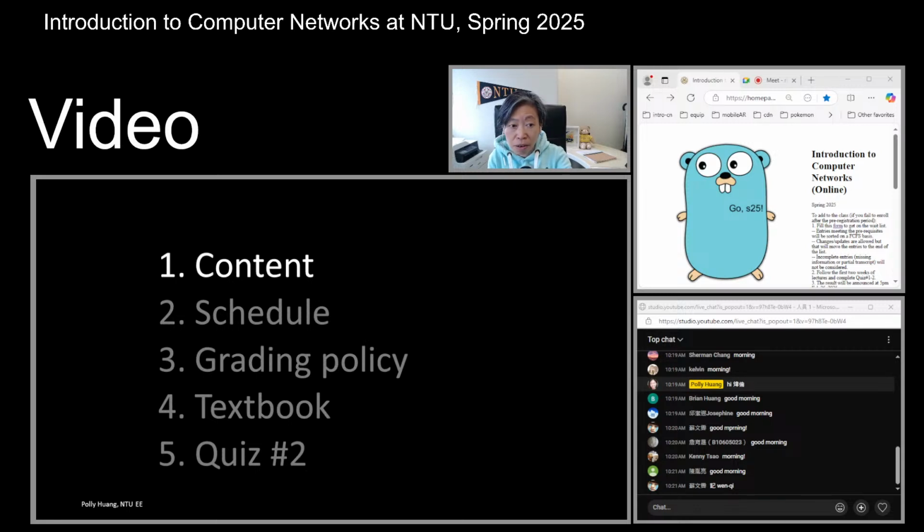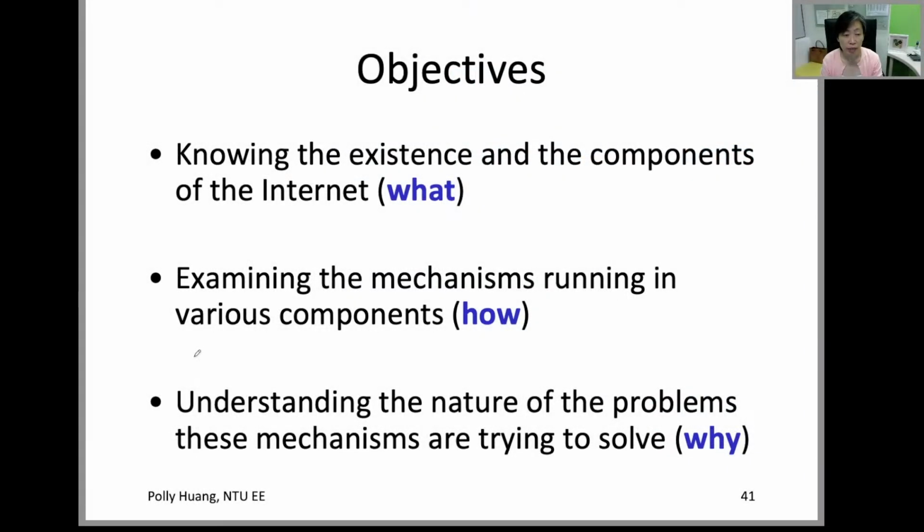All right, now let's talk about the chapters. The video is a little bit long, 4.5 minutes, but it's almost like a crash course of the textbook. And here's how we are going to introduce the internet. We'll break it into components and introduce them one at a time. So you'll learn about what these components are. Most of the components are straightforward, but for some of them, there could be mechanisms running to sustain the operation of the internet. So we'll learn about how these mechanisms work.